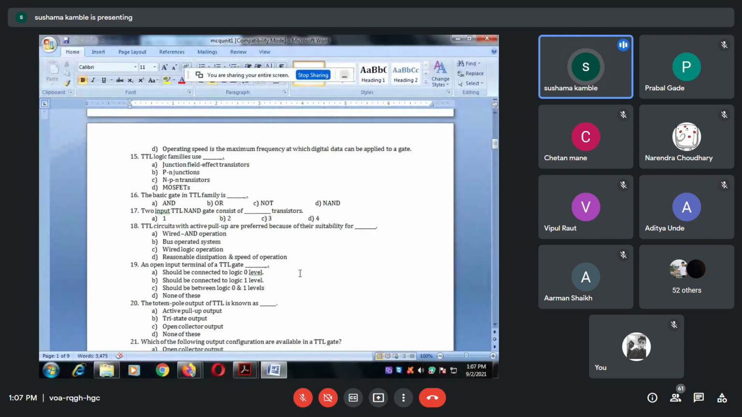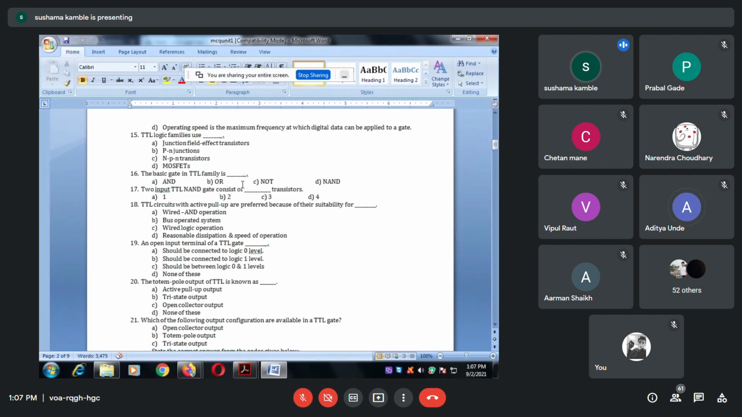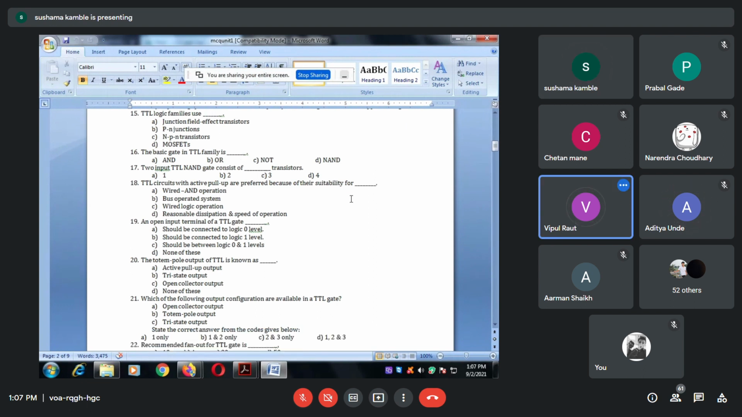TTL logic families use FET, PN junctions, NPN transistors, and MOSFETs. NPN transistors. Okay. The basic gate in the TTL family is NAND. Two input TTL NAND gate consists of